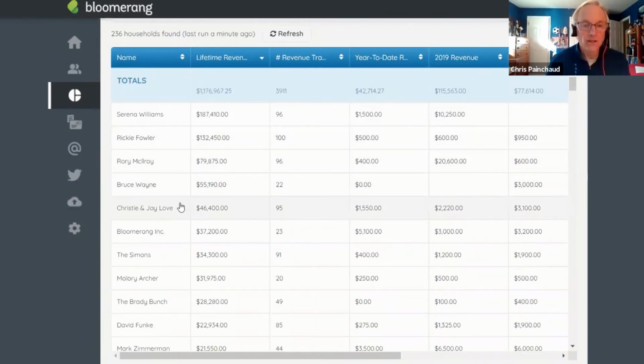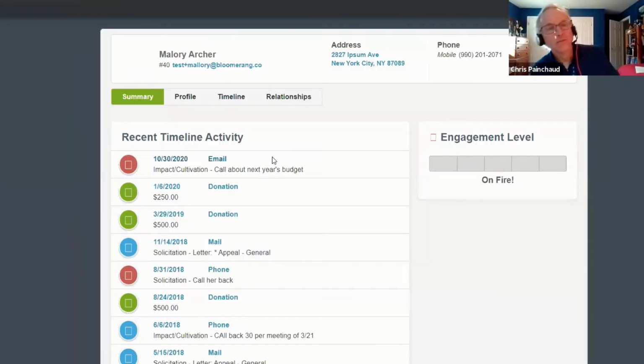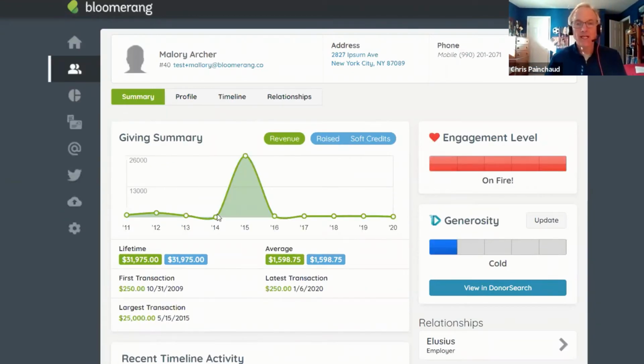So I think on here, I'll just pick somebody from the top. So, Serena, she's too wealthy. Let's pick somebody more average than her. Maybe Mallory here. We're going to go into Mallory's record. And I see her giving history, she's obviously on my consecutive years giving list because I have a $500 donation each of the last 5 years and a big $26,000 a year back in 2015. What I'm going to do